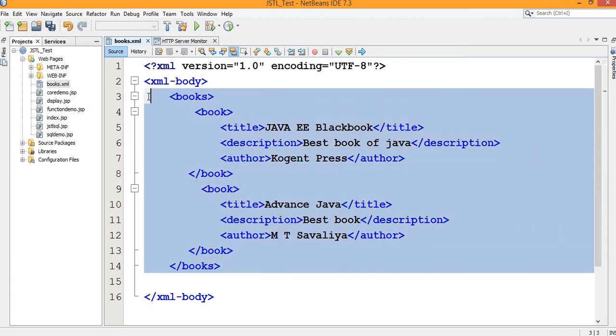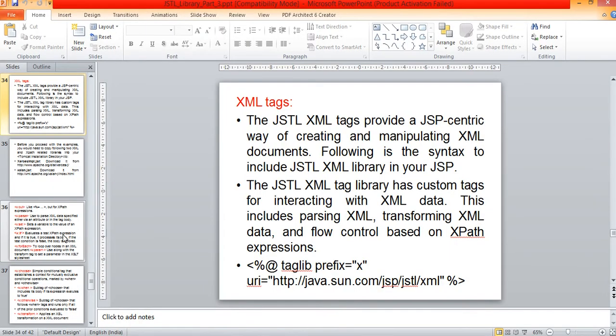That kind of simple XML document you want to parse in a JSP page, so you will require the JSTL XML library. One most important thing here: in our libraries we already added the JSTL 1.1 jar file, which is not enough for JSTL XML document parsing. For that we need to add a jar file, whose link I already shared with you all.